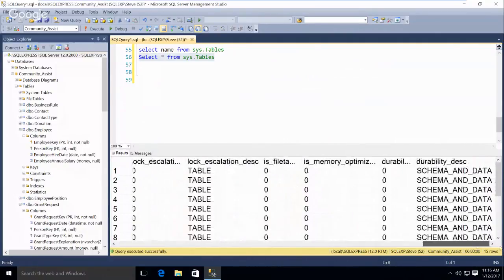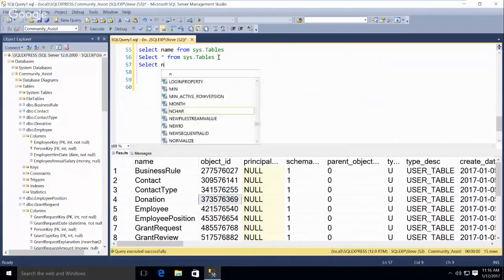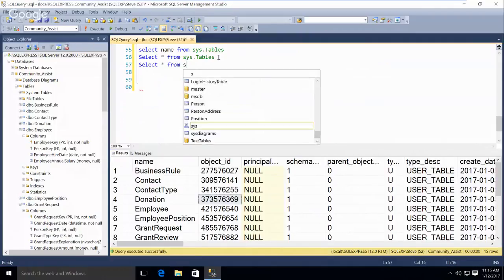But, anyway, a ton of stuff, most of which I don't care about. Let's take a look for domain. And what I want to do is, not entirely sure, select name. Actually, first star from sys.columns. I think it is columns.